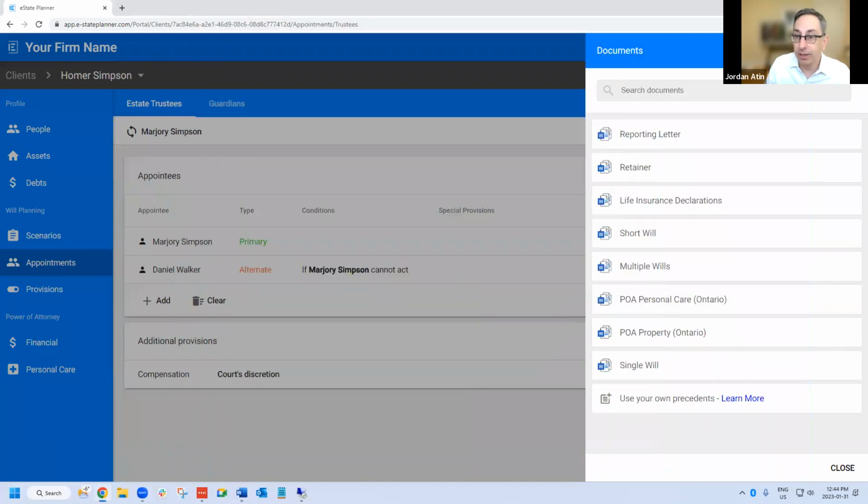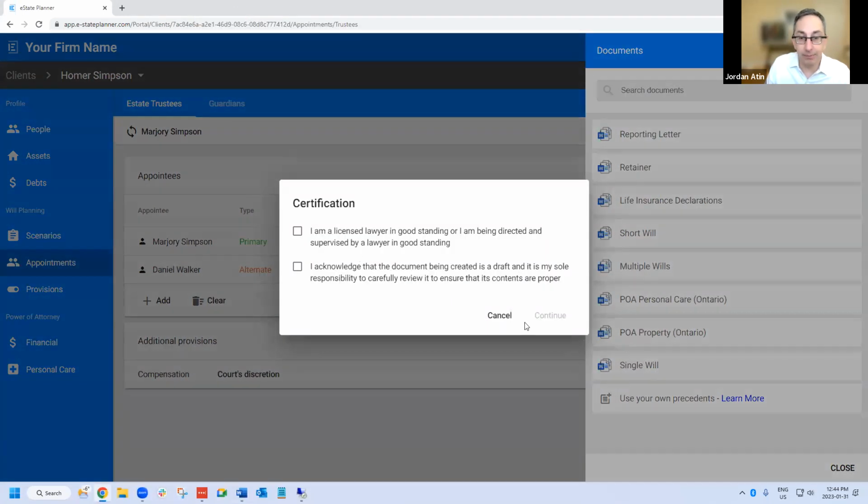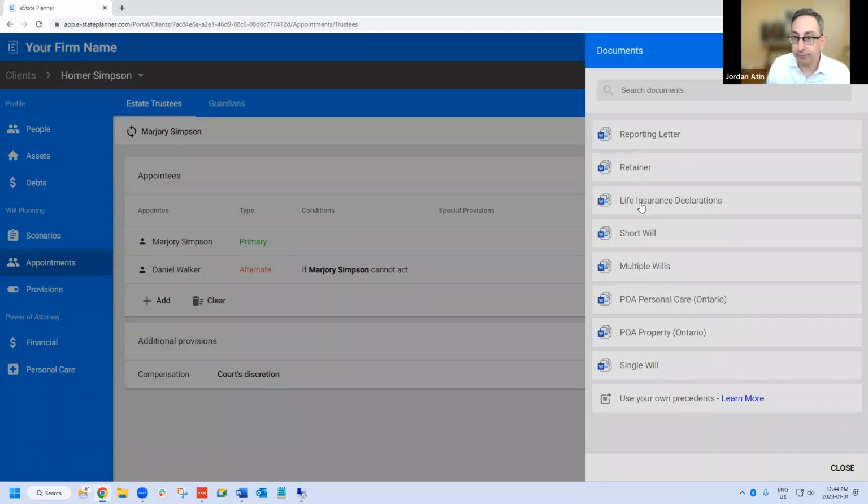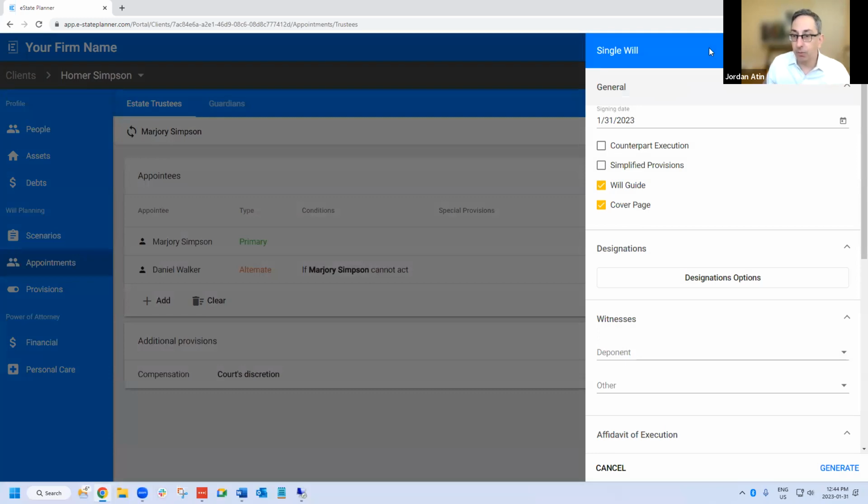Let me now show you how an RSP designation might work. So I'm just going to go to a single will. I think I mentioned last week the designation options. Now you can choose what kind of designations you want to include in your will, either as a default to start with, and you can always change that per client.